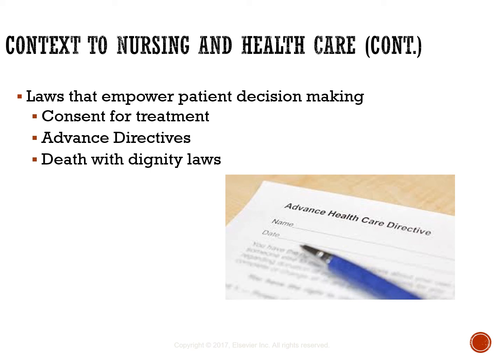Advance directives. All states have laws that provide guidelines for the execution and enforcement of healthcare directives. These directives include living wills, medical power of attorney for healthcare decisions, and pre-hospital do not resuscitate orders. These directives identify how a patient wishes to be treated in the event of certain medical conditions and also identify who the patient wants to make decisions on his or her behalf in the event that the patient is unable